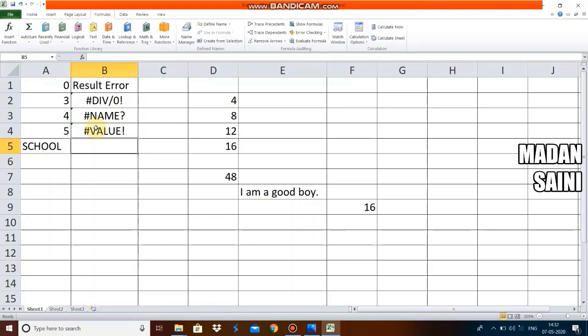So if you are applying a formula and you make some mistakes, then the result will be shown as this type of error. So these are called result errors in Excel. Now next one,